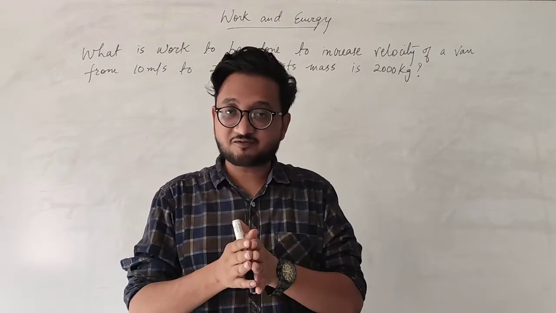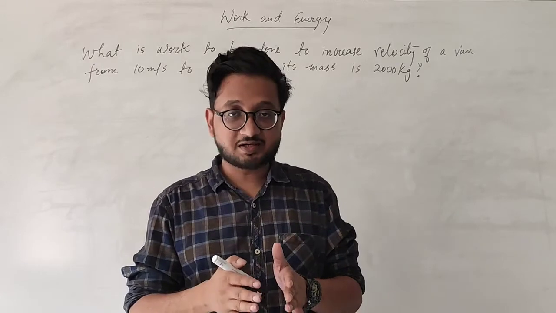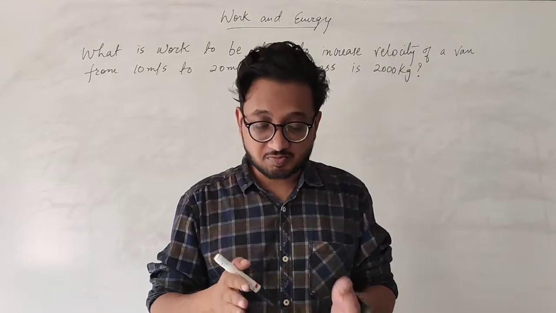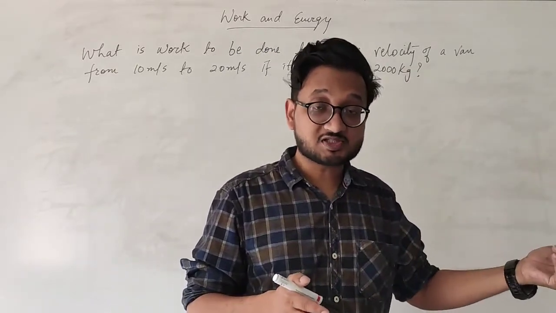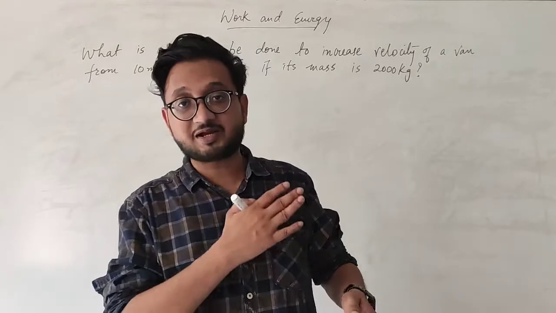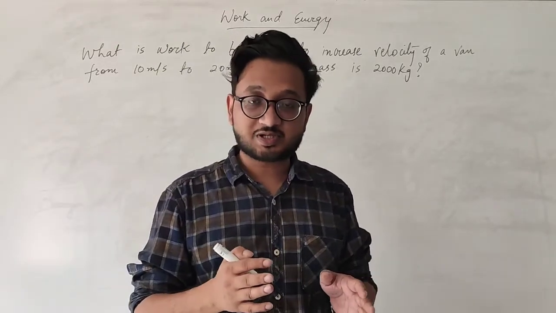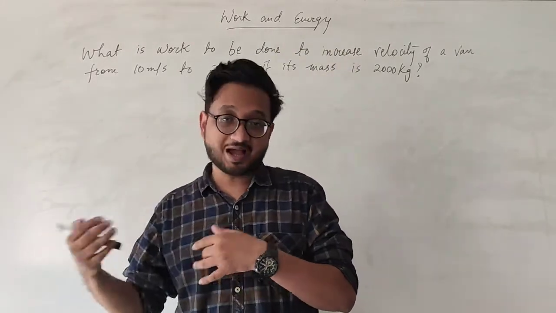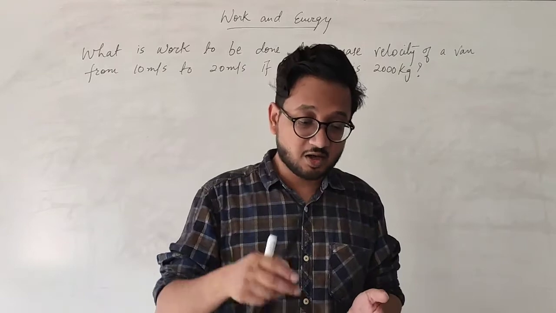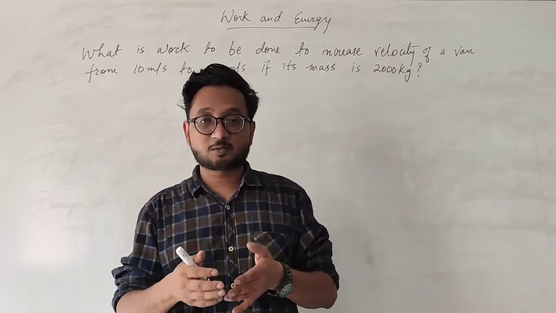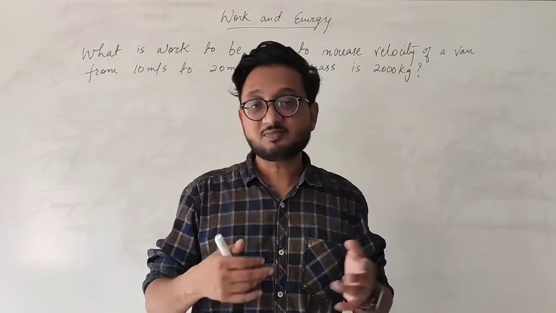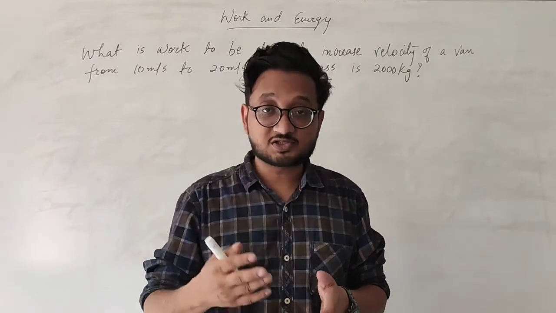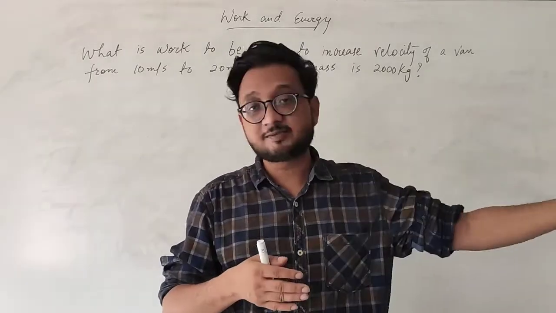So, for example, if it is 10 joules and it is transferred into 20 joules, what is the difference? The difference is 10 joules. Before, the energy was 10 joules, now it is 20 joules. How did it change? Because I gave it a push, its energy changed from 10 to 20. But for that I had to use my energy, or do work on that object, to change its energy from 10 joules to 20 joules. So what was the energy that I applied? I applied the energy of 10 joules. So 10 joules plus 10 joules becomes 20 joules.